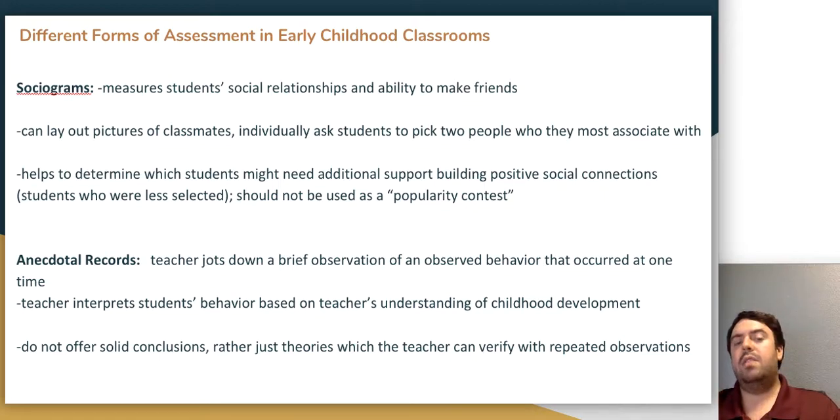Another type of assessment could be anecdotal records, where you would write down specific observations you've seen. Then you would interpret your observation based on your understanding of childhood development. And this would be also another thing to note, that it doesn't provide solid conclusions. You couldn't really provide a conclusion unless you observed it several different times and there was the same behavior over and over. So an anecdotal assessment might be, maybe the teacher writes out that they observed that the student is